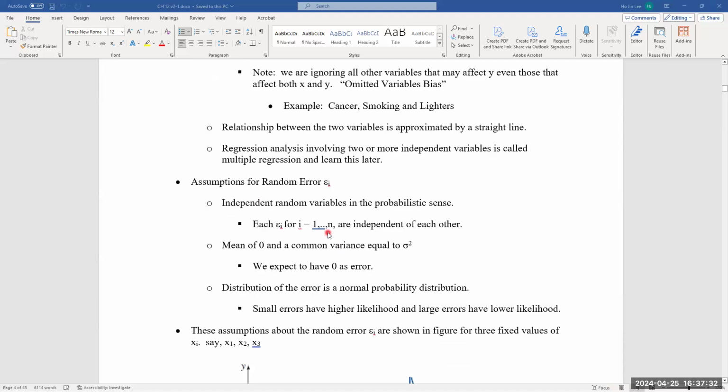Now, the relation the book covers, and this is chapter 13, unfortunately, regression analysis involving two or more independent variables, and this is called multivariate regression, multiple regression, or something like that. Unfortunately, I don't think we'll do that, but if we do, that's in chapter 13. Okay. Now, assumptions on the random variable, the epsilon